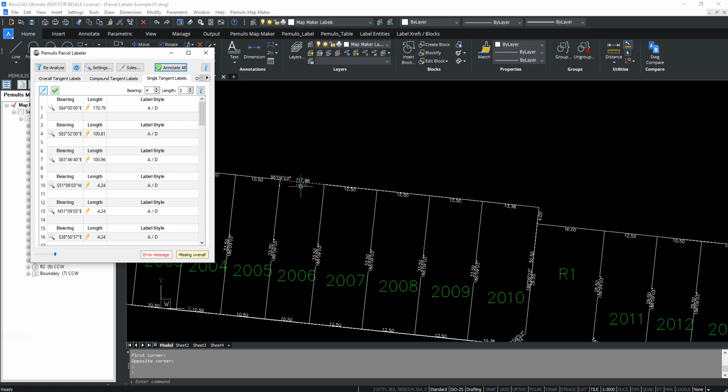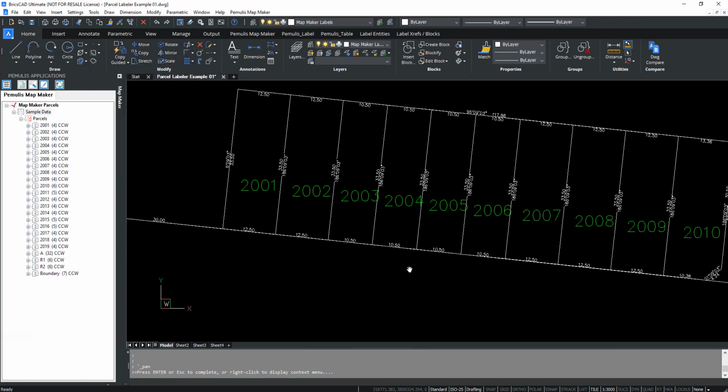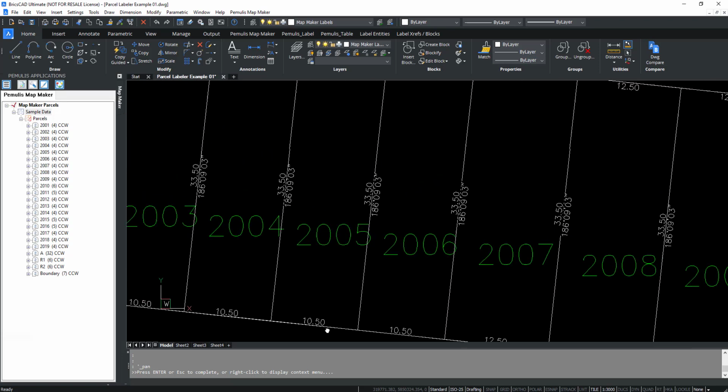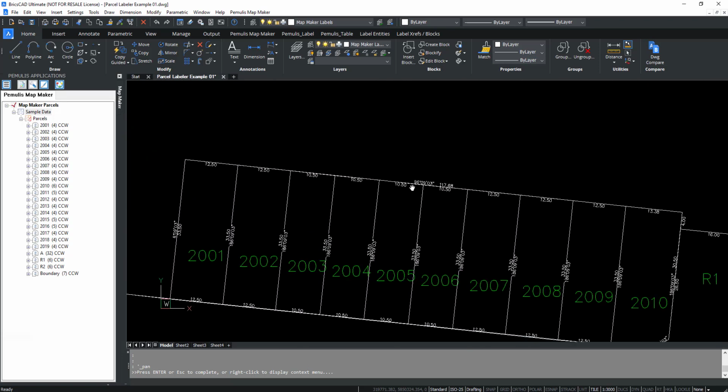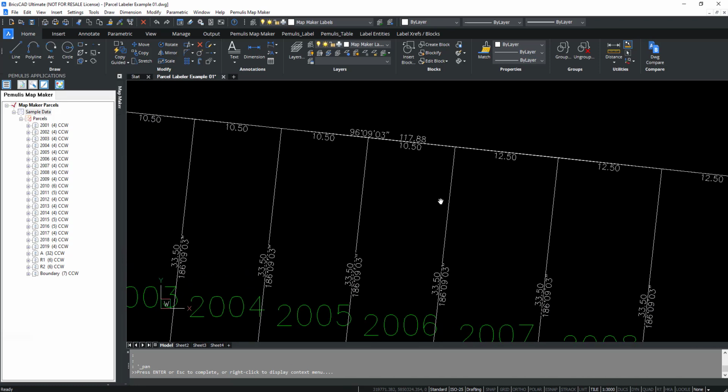And you can see it very quickly did that. Let's just stand over here for a second. Now, the other thing it did is it set our label styles back to their original label styles, because it took the definitions from our label styles. So let's just